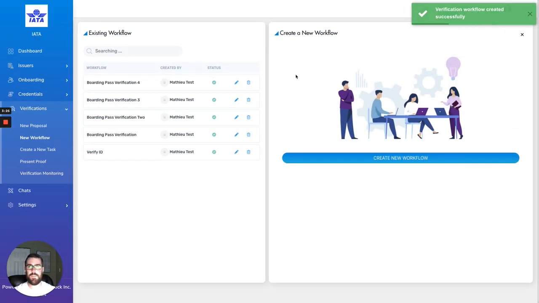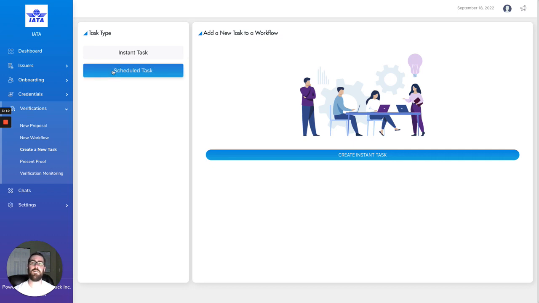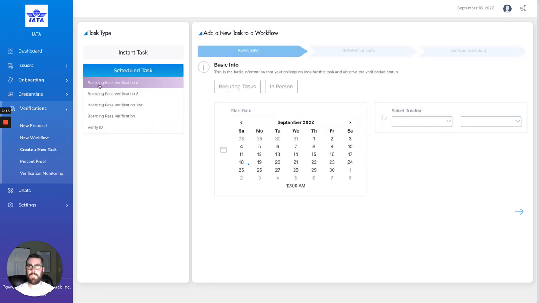So I'll save this template or this workflow so I could see the boarding pass verification 4, and now I actually want to go deploy it. So I'll come inside of creating a new task, and I will select the workflow that I want to base this task off of. And so since this is a recurring task, I'll select the date. So let's just say as of the 19th of September for the next 7 days, I want to use this